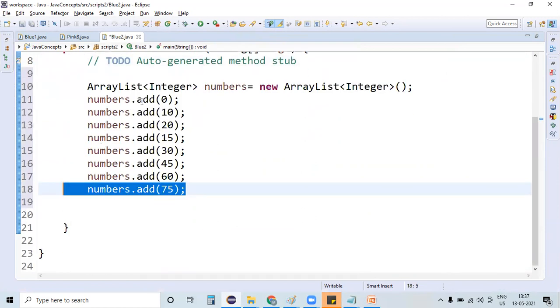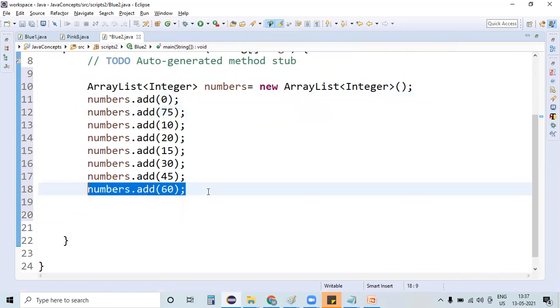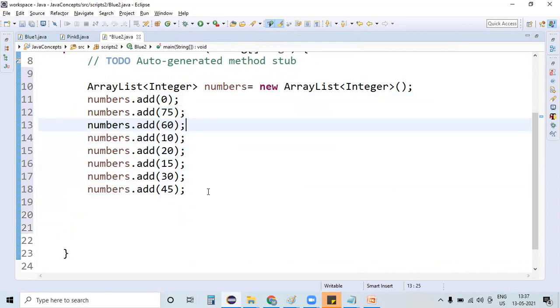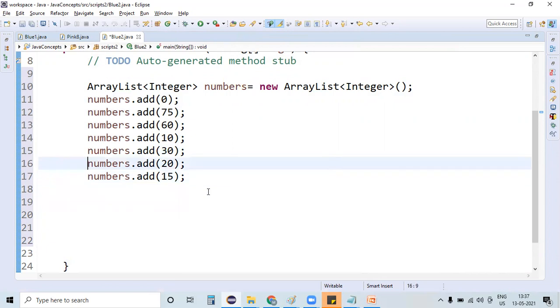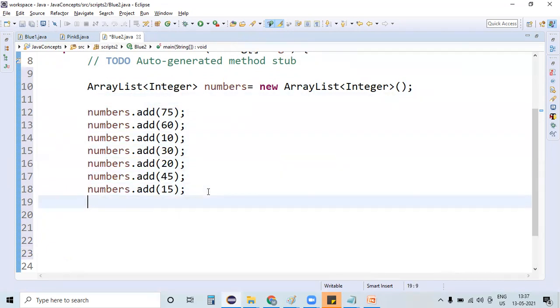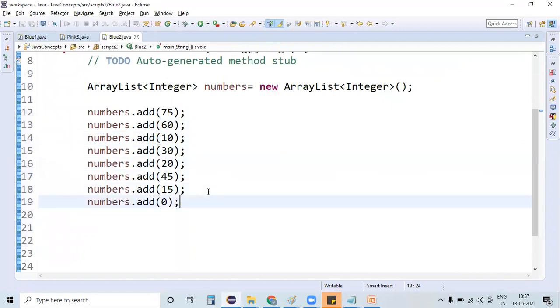Now I'm placing these numbers in a random order. I have jumbled the order, basically. If you observe, these many elements are in this list in different orders.